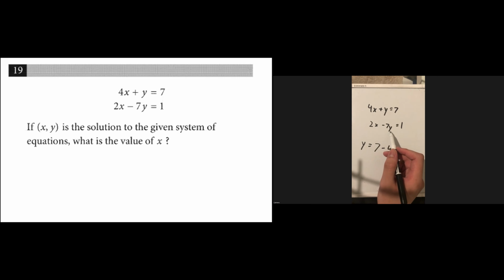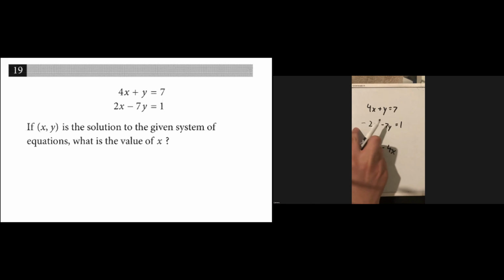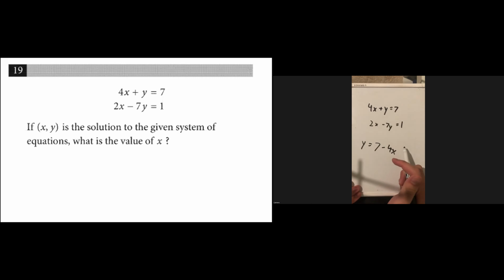There is another way to do this, which basically you subtract these two equations, but it's a bit complex. And for this question in particular, it's not going to work as well. I mean, it still will work, but it's going to be more difficult. So you just plug in, instead of y, you plug in the other equation. So 7 minus 4x, 2x minus 49